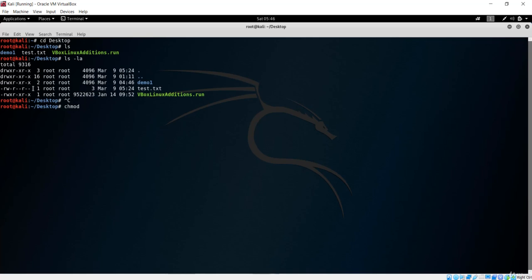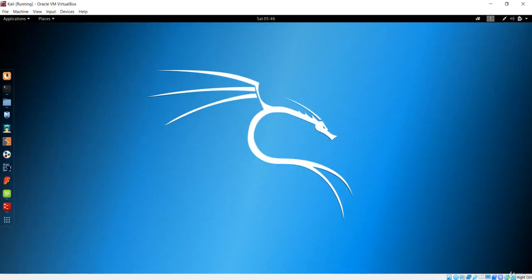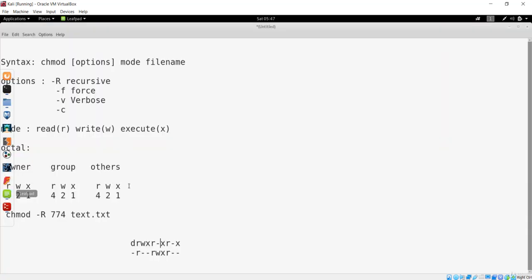I want to grab this permission, so let me just copy this permission, and let's go back to here. Now I want to change this permission. So this is a file, so we cannot do anything for this part. So next one is for this rwx. So I want to change this rwx to the letters.